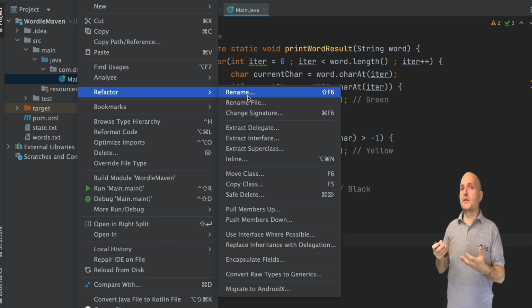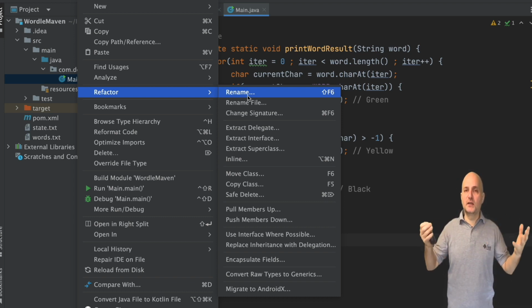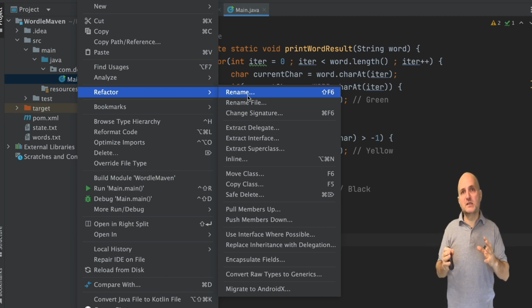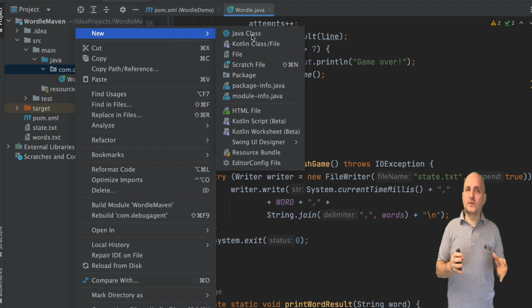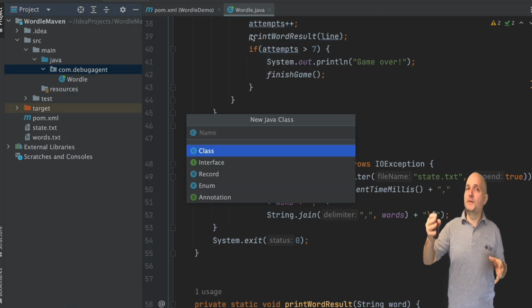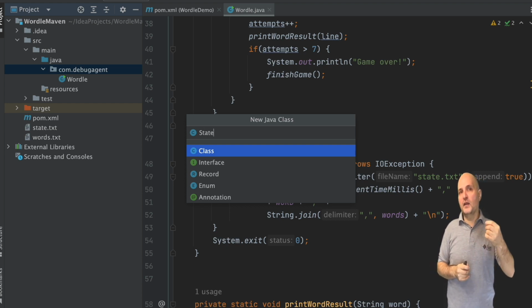In the right-click menu, I can find the refactor option. Why is this a refactor and not just a rename? Refactoring in programming means that we change not just the current name of something, we also change everything related to that. In this case, no one uses main other than us, but it's both in the file name and the class name. It will update both of those. In other files, if other files used main, it would have updated those files too and fixed the reference to Wordle.